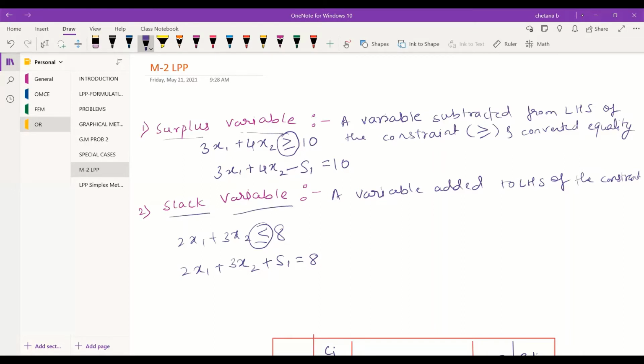If you have the less than or equal to symbol, then we have to consider the slack variable. The slack variable is nothing but where we add the variable. Surplus is when we subtract the variable to balance the equation. So this is about the surplus variable and the slack variable.